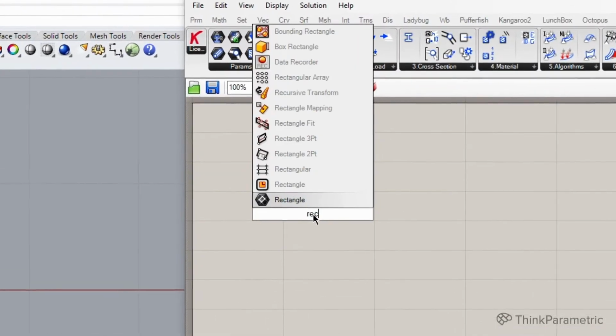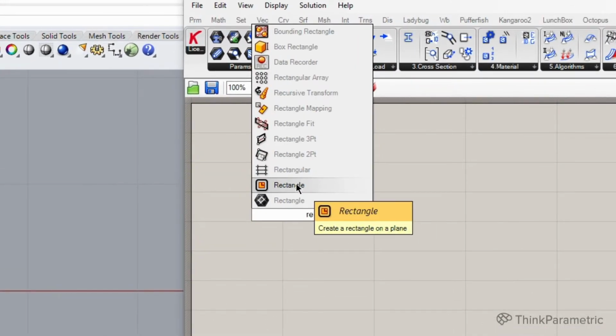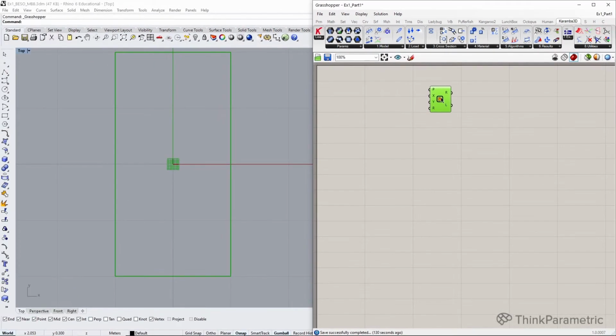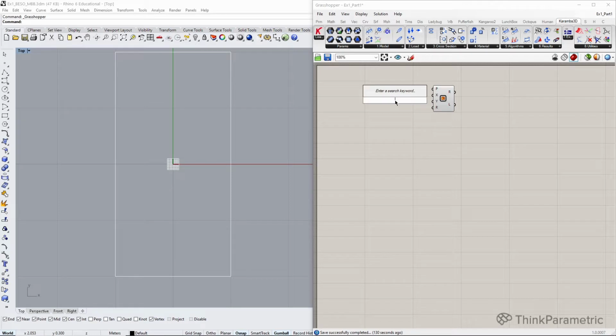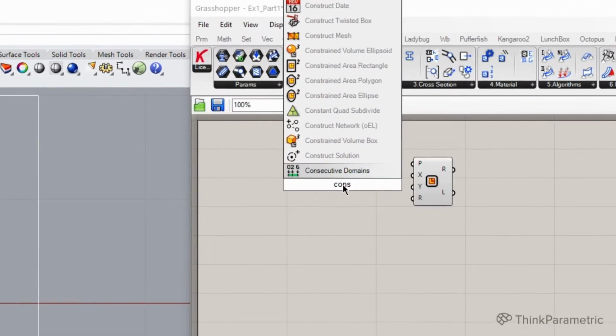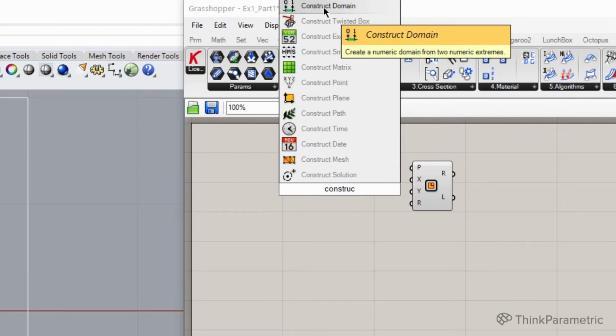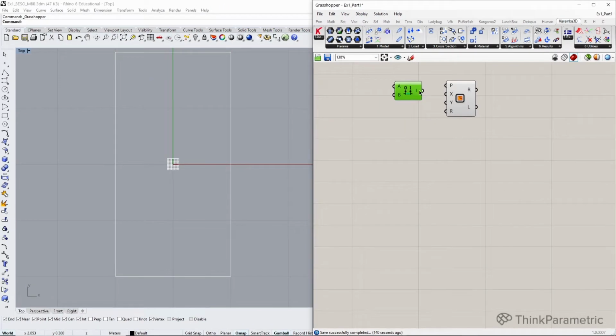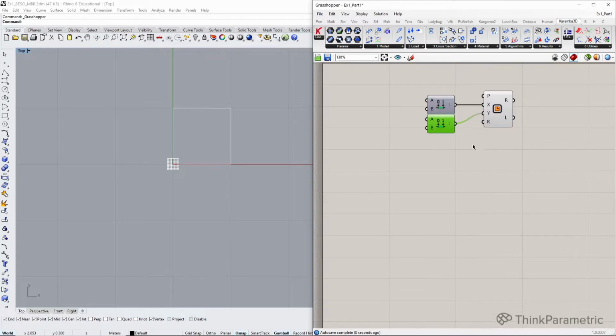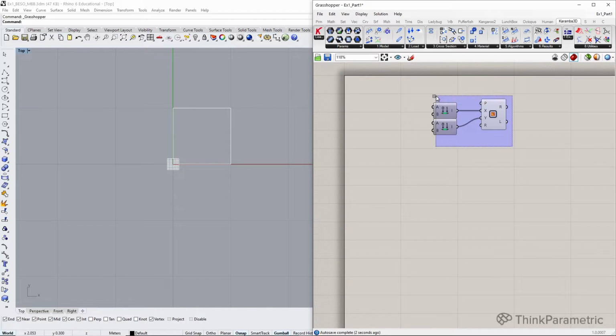Let's create a rectangle using the rectangle component, and to specify dimensions we need to give a domain for x and y coordinates. So let's do it. Let's construct domain. This is this component, construct domain, and let's plug it to x, and let's copy it and plug it to y coordinate. And as a default, as you see, we have a 0 to 1 rectangle, but we need to create